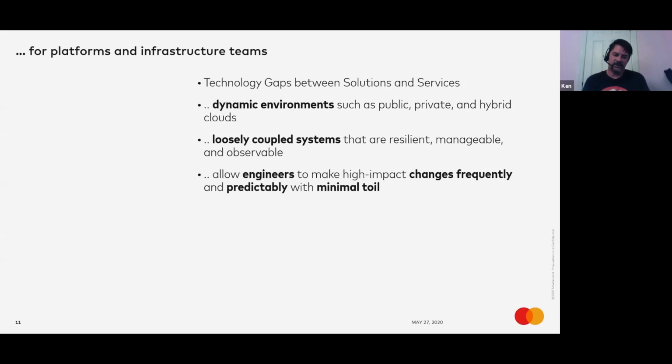And then the last one from the definition is making high impact changes frequently and predictably, which is not as easy as it sounds. When you think about data, and the databases and how you maintain and support them, there's a lot of predictability there, but high impact changes in data don't necessarily go well in the same sentence. That's one of the areas that makes it difficult to think about how we, as a technology company, provide the types of services our business needs in a way that's not going to impact the security and availability of this data.